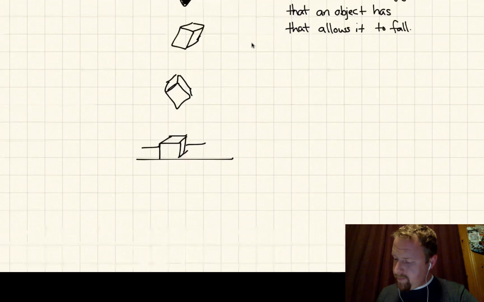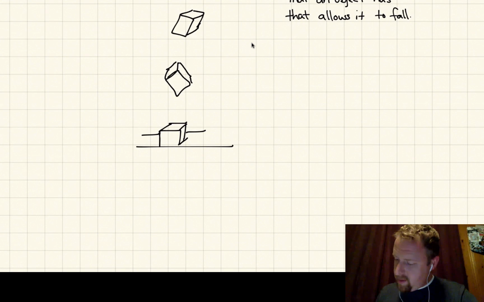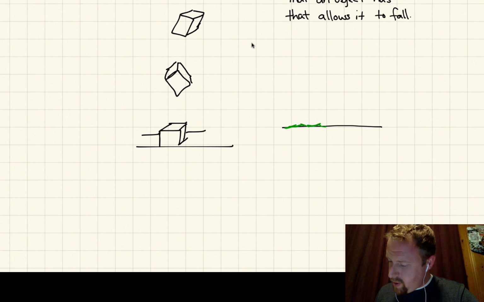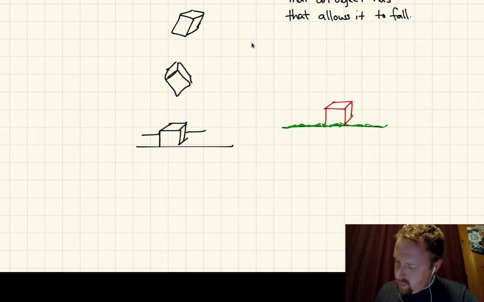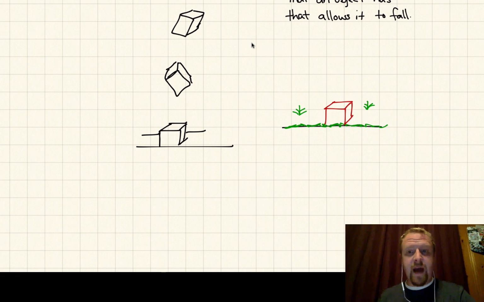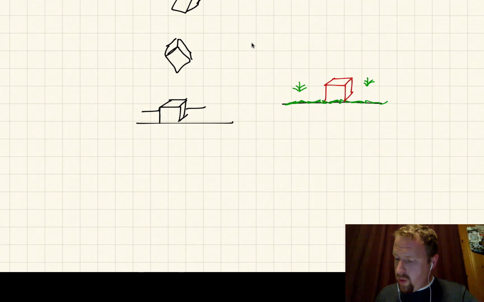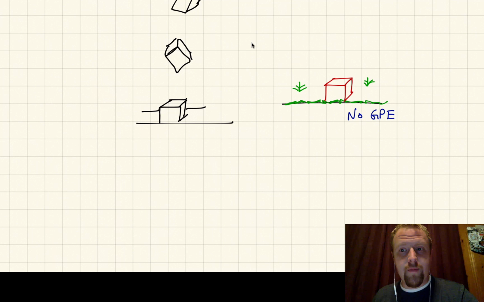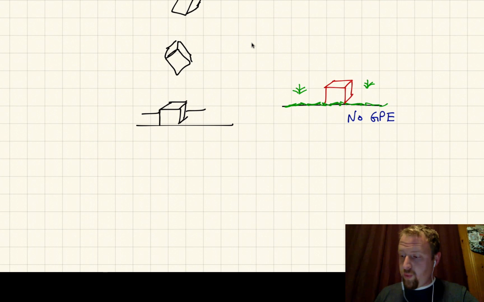So for instance, if the object were starting on the ground where there's grass and it couldn't fall, it would have no gravitational potential energy. If the object starts up really high,